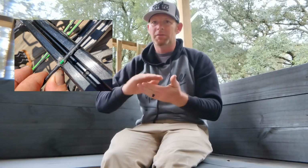But then I was going to have to pay the bow shop to put it on and troubleshoot what was causing it to be frayed. They didn't offer to do anything like send me a new stock, which maybe it was something. I think it was on the rail where the rail meets the body. There was kind of a high spot there. I think when the string was coming across it, it was too much of an abrupt change, and it was wearing on the left side of that serving real bad. So